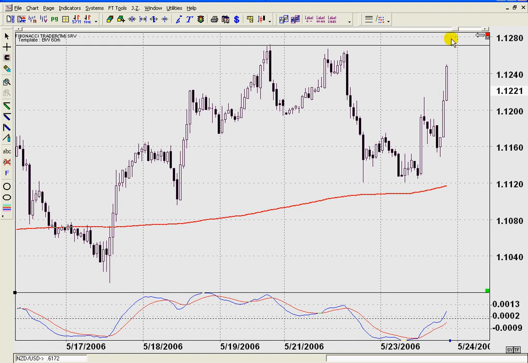A 160 pip move and have enough flows to move above and hold above 112.80 is a real stretch. So the closer this thing gets to 112.70 or 65, then you want to start thinking about a short here